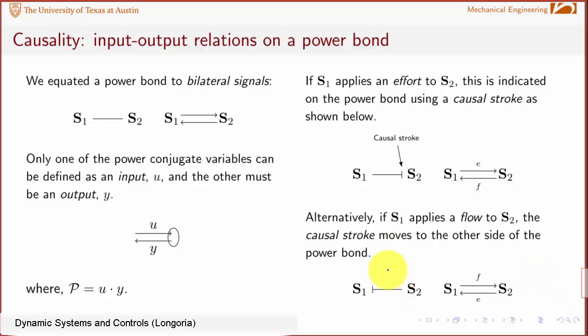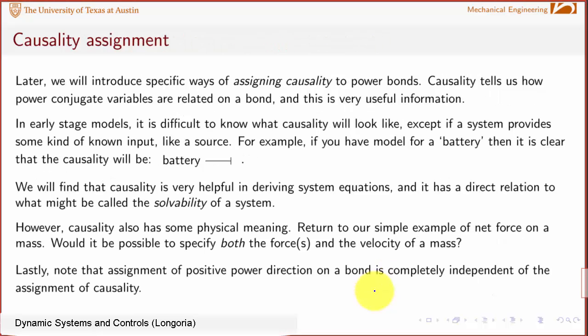Right now we're arbitrarily assigning these causalities. Later there's a more formal method for assigning causality on an entire bond graph, and that's a very important part of the modeling process. Later, as I said, we'll introduce very specific ways of assigning causality to a complete bond graph and to all the power bonds. Causality is important. It tells us a lot about how power conjugate variables are related on every bond, and this turns out to be very useful information. In early stage models, it's difficult to know what the causality is going to look like,